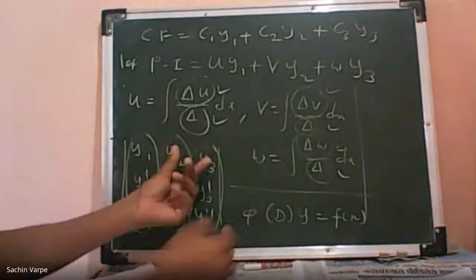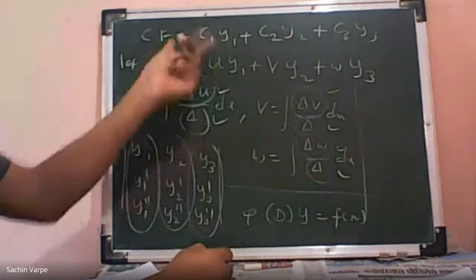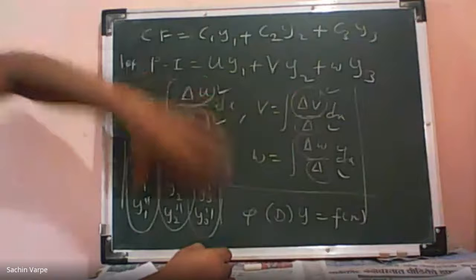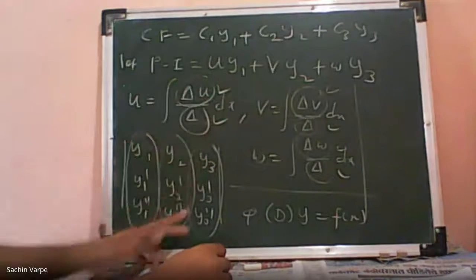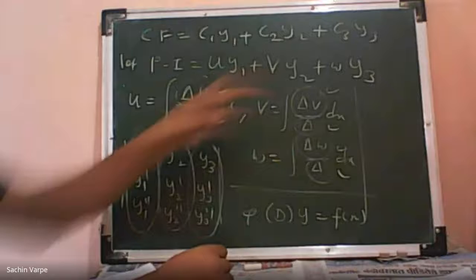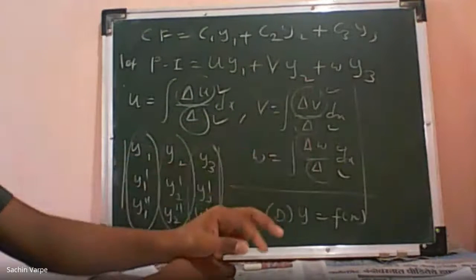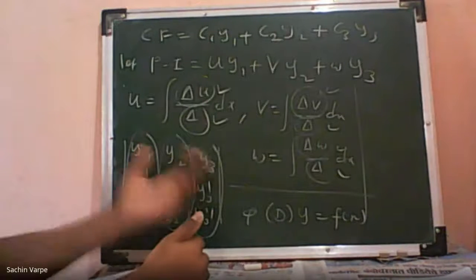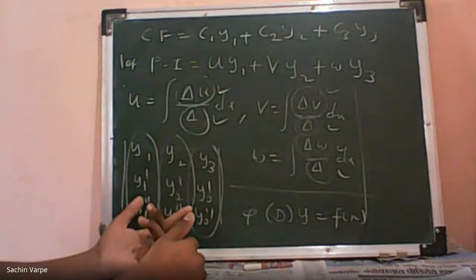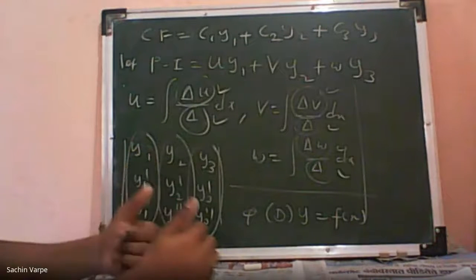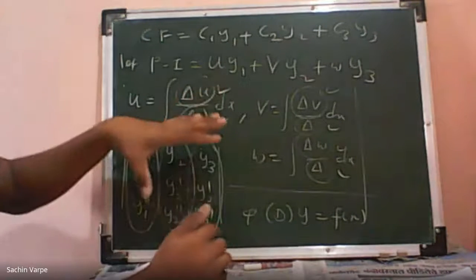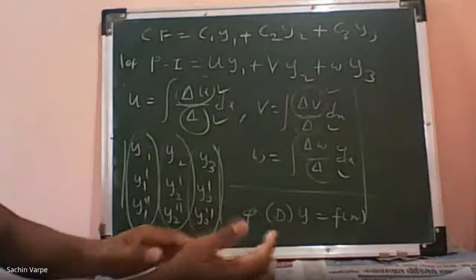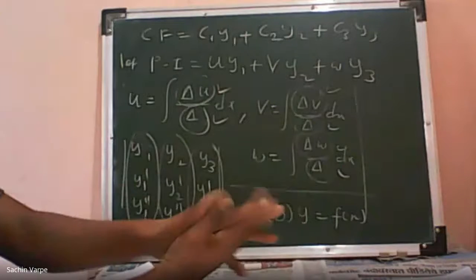We can similarly write the complementary function and particular integral for fourth order. Fourth order means we'll get determinants of order 4 by 4. Here we have 3 by 3 determinants. It is lengthier and time consuming to solve these determinants, so that is not convenient in a theory examination. So questions on the variation of parameters method will be asked only up to second order. We should know these things.